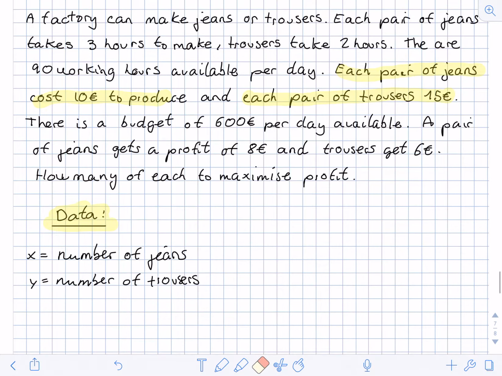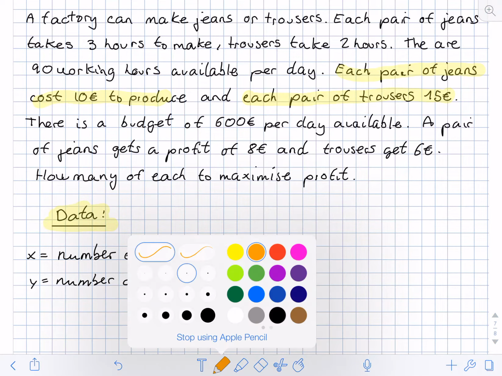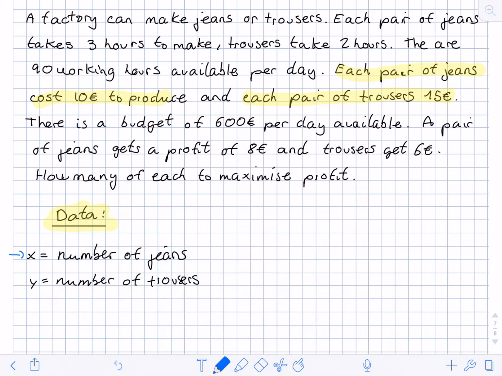So what are we going to do? We're going to call the number of jeans X, and the number of trousers Y, as I have here. So what we are going to say is, okay, so each